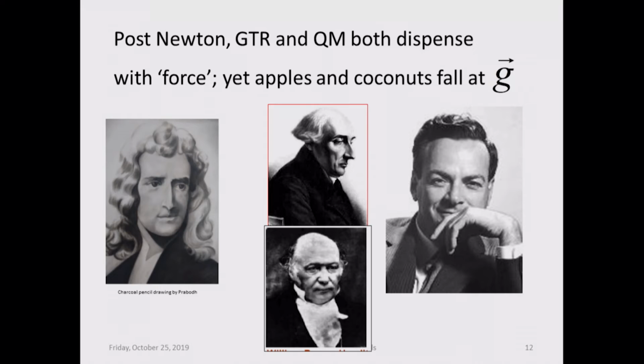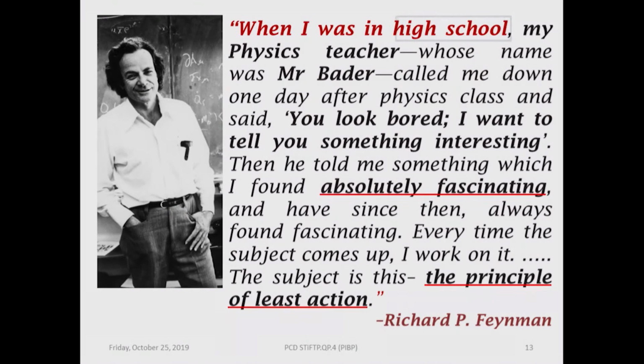And then we get some insight into this situation by recognizing that the Lagrange-Hamilton principle, the principle of variation, turns out to be an excellent approximation to quantum mechanics, which is described by the same principle of variation. This is the formulation by Feynman based on an idea given by Dirac. And Feynman writes that when he was in high school, his teacher, Mr. Bader,